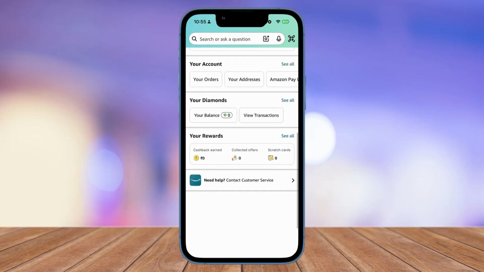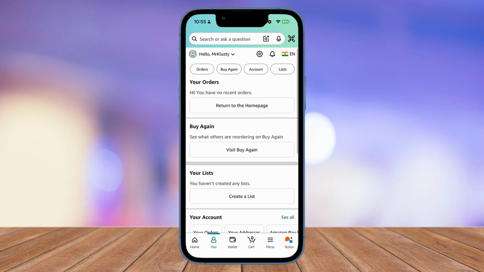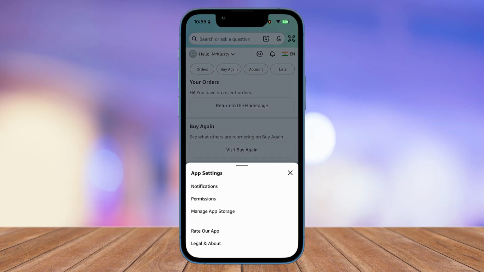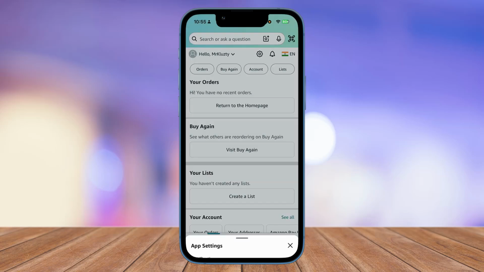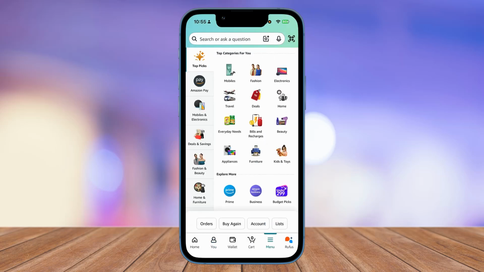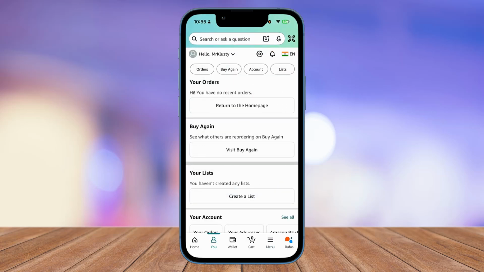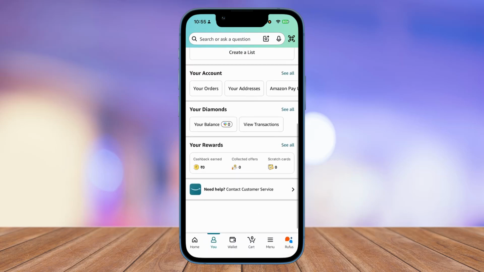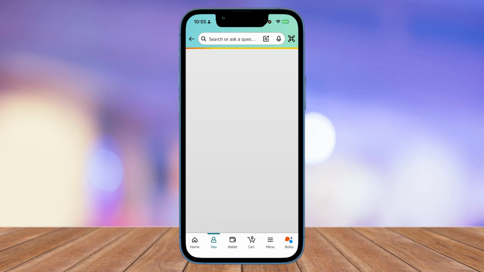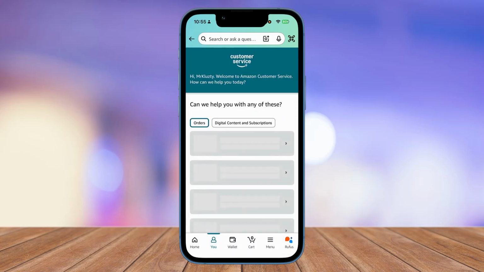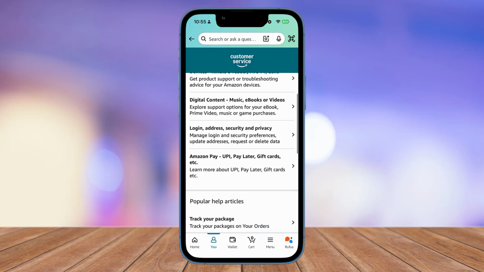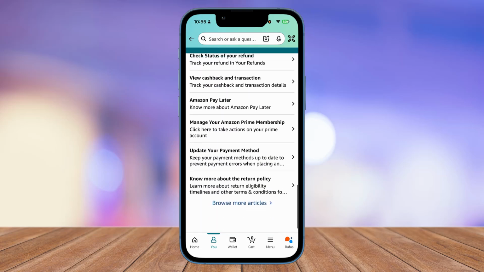All you need to really do is click on the You tab right over here and scroll all the way down until you find the settings gear icon. And you can simply go ahead and choose Help. If you don't find it there, all you need to do is simply scroll all the way down and click on Need Help. Finally, you're going to be taken to this page right over here